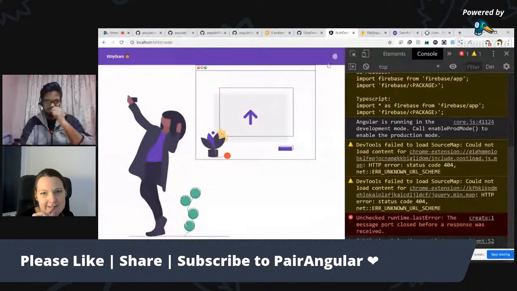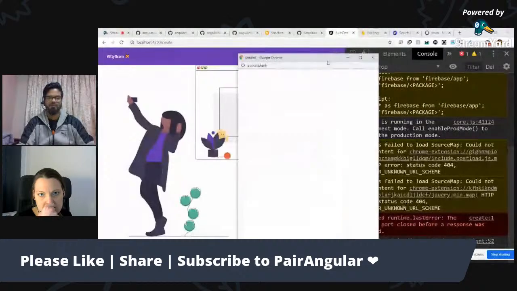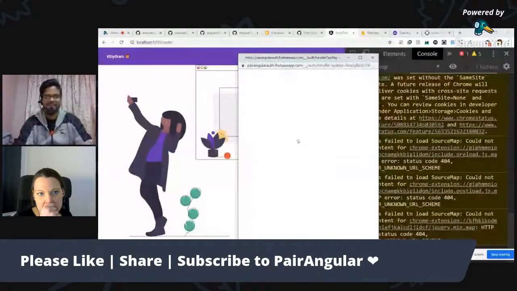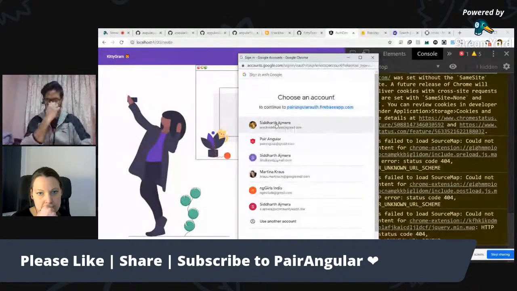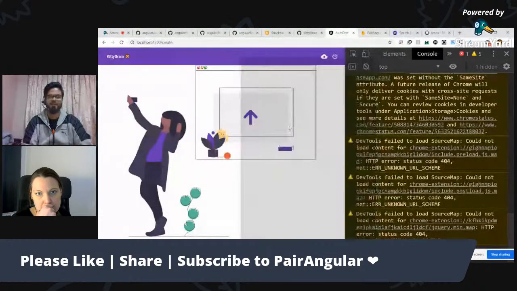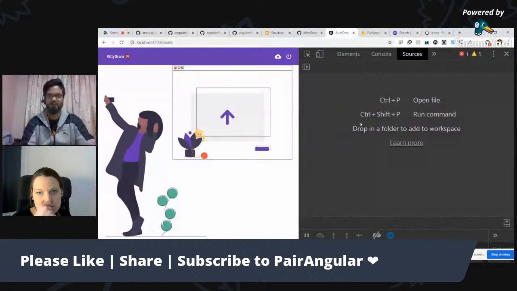So the user is currently logged out, and that's why this didn't really change to those two button options. But we do have a problem here. Let's try to debug. I think this is also something that you might come across when you are building an application and you don't really understand or figure out a way to debug what exactly was there, right? So let's try to do that as well